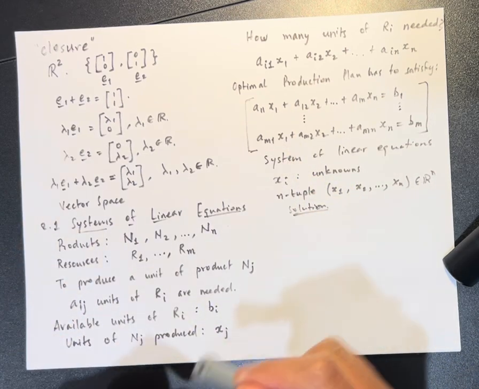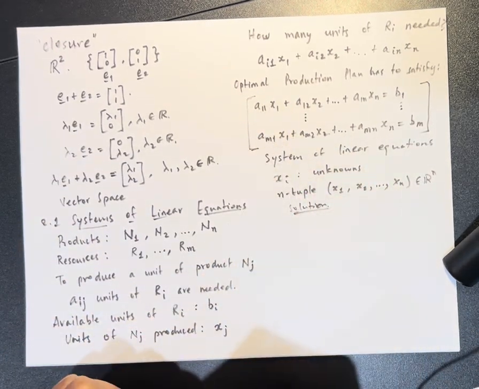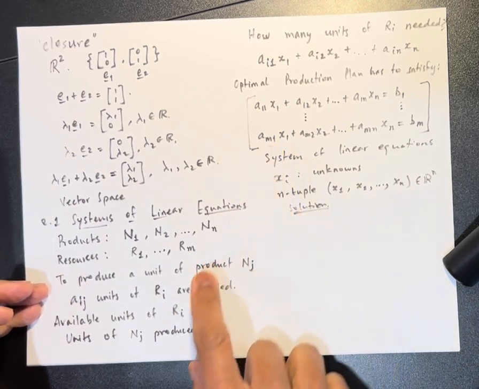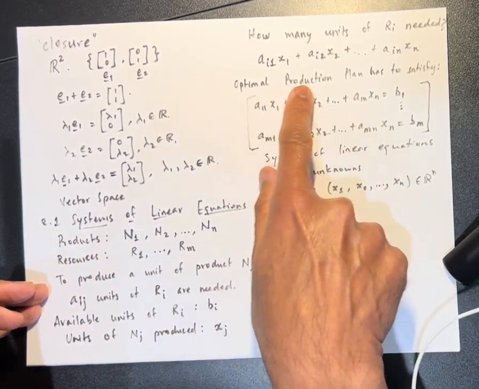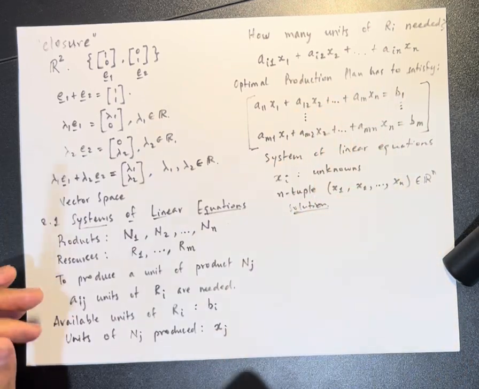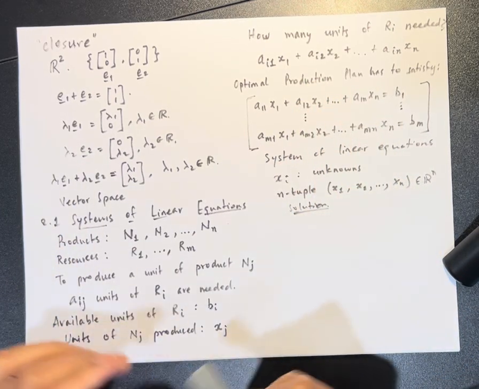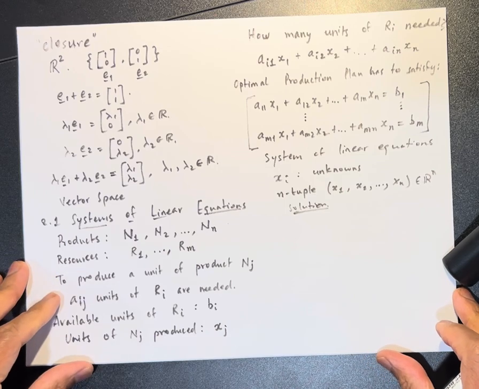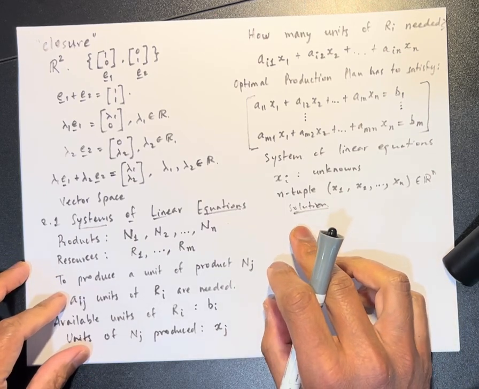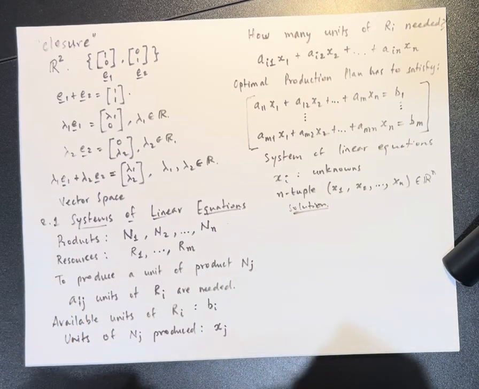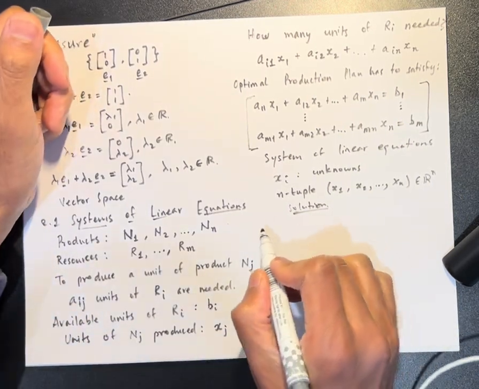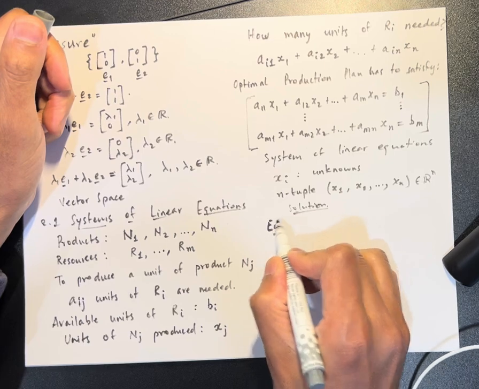So there are basically m equations here, one equation per resource, and we said the optimal production plan has to satisfy these equations. So let's look at some more concrete examples of systems of linear equations. This is example 2.2